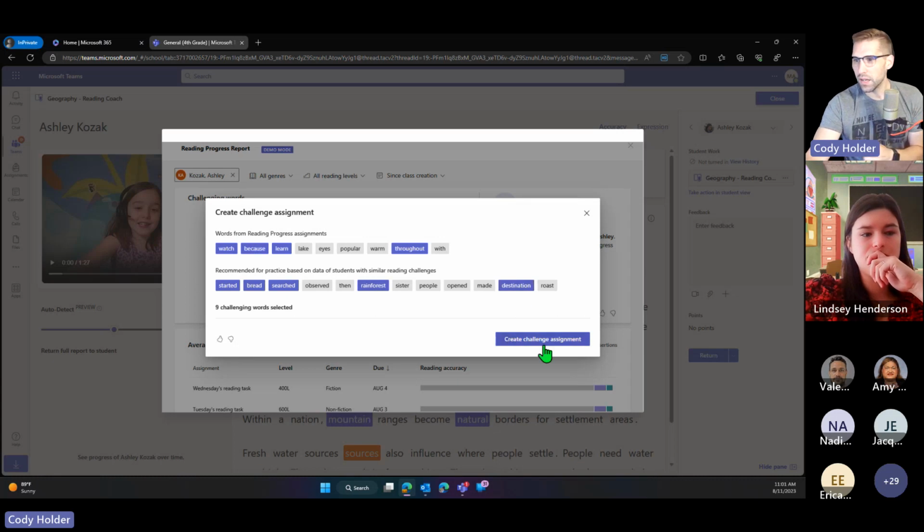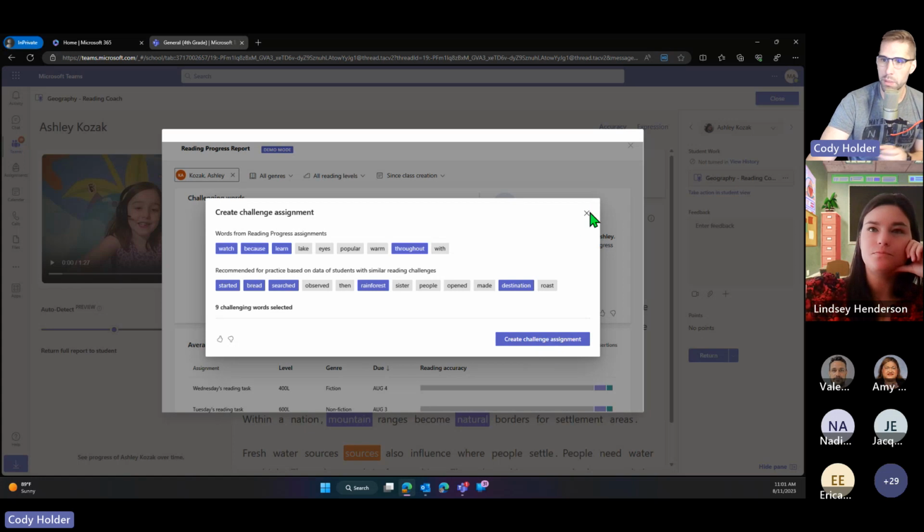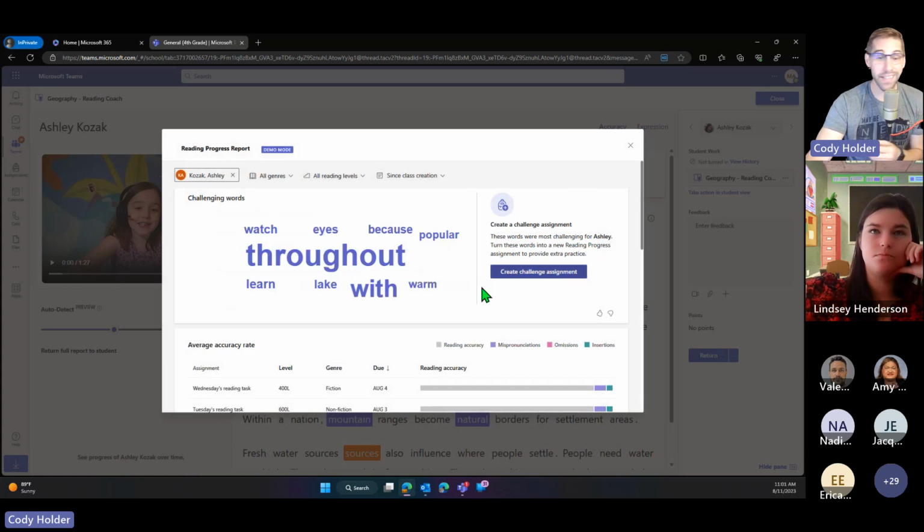Those kinds are a little harder, so we can create that challenging word assignment from there as well and be prescriptive to the individual student. Again, quick. This is based on the data at hand from the AI that's listening to the student, and very, very powerful. It's prescriptive to the student and can very, very quickly enhance reading comprehension and capability. All right, so that's from the student view, what we can do as the educator. Are there any specific questions about that? I know that's a lot to take in at one time.